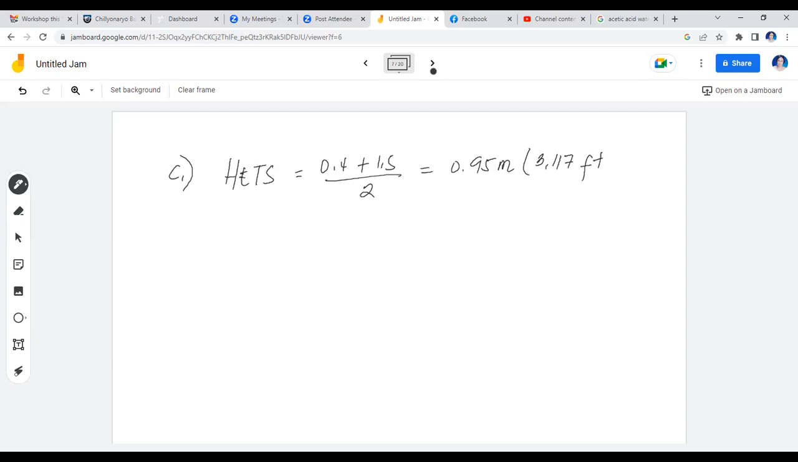or equivalent to 3.117 feet. So just like in gas absorption, in determining the Z, you have the number of theoretical stages times HETS, not HETP. So the problem gave us 5 theoretical stages and we multiply it by 3.117 feet. Now, if you multiply this 3.117 and 5, you'll have